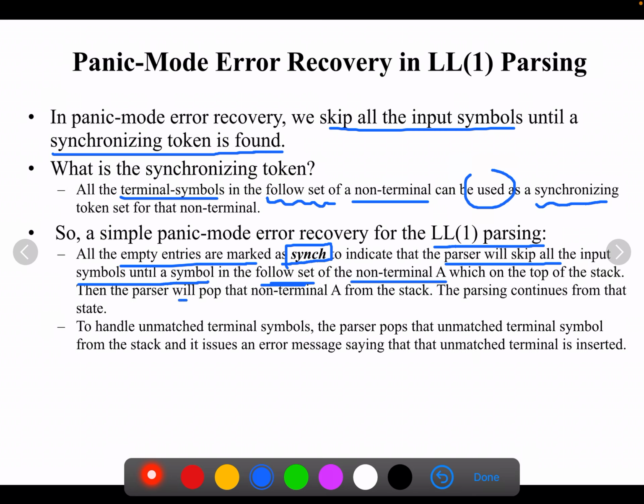Then the parser will pop such non-terminal from the stack and parsing continues from that state. Another case is to handle unmatched terminal symbols: the parser pops that unmatched terminal symbol from the stack and issues an error message saying that the unmatched terminal is inserted, or you can also say a missed terminal or missed symbol is being inserted here.